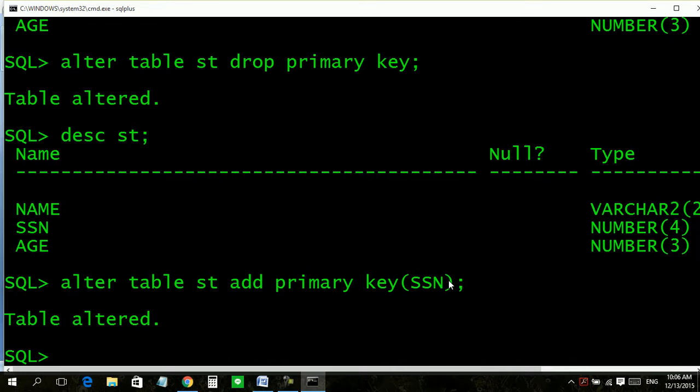Now we want to create another table. For example, this is a table with home department. Now we are going to make a table which will be used in college.